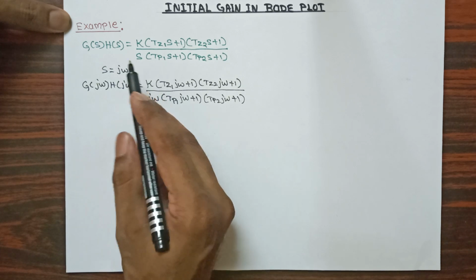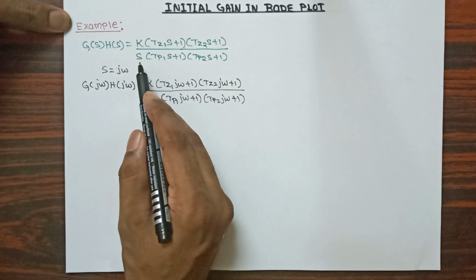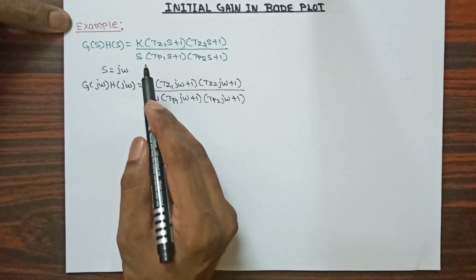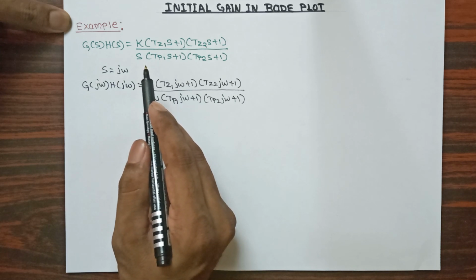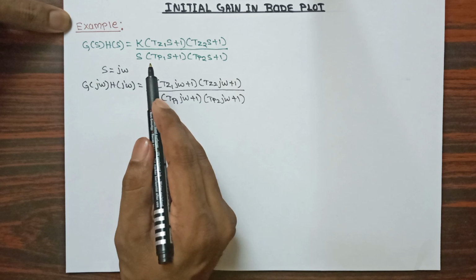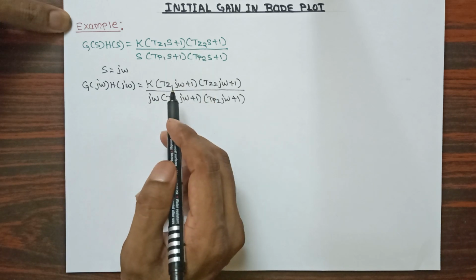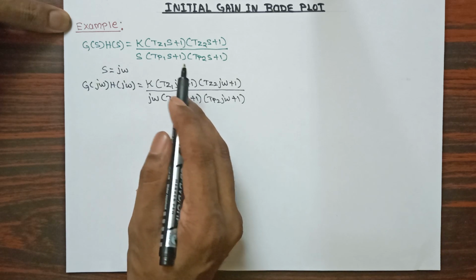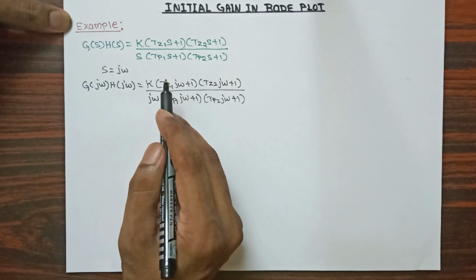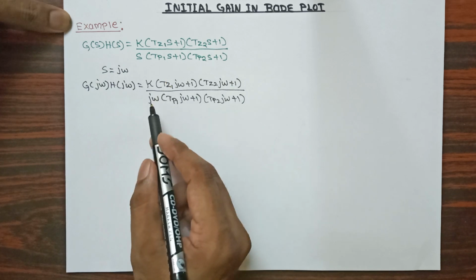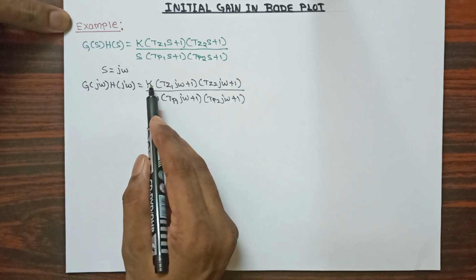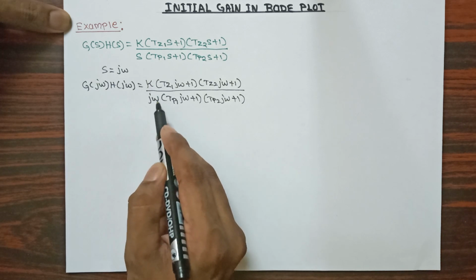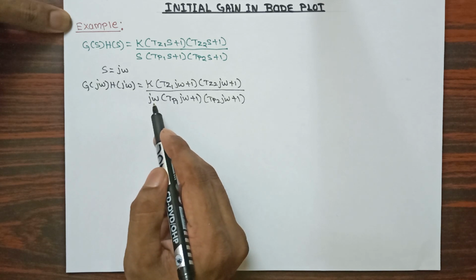Now in this example I have only a pole at the origin and I have not shown any zero at the origin. So when we calculate the initial gain, we need to consider only poles or zeros at the origin. We are not going to consider any other terms. Only these terms we check whether they are in standard form or not, and if they are not, we get them into standard form. So in this example you can see we have gain K, and only one pole at the origin. Therefore I am going to consider K by j omega to calculate the initial gain.